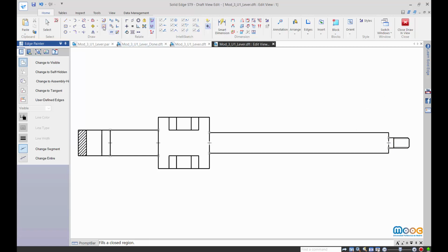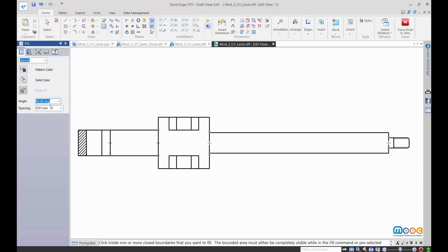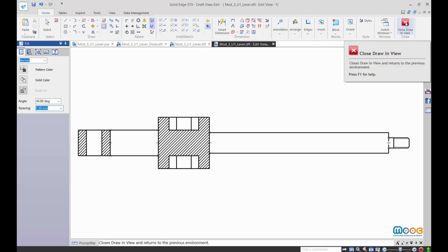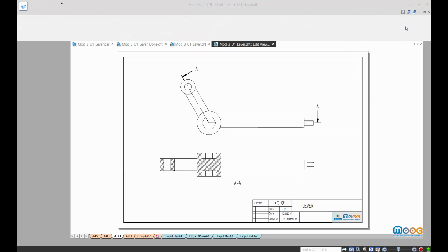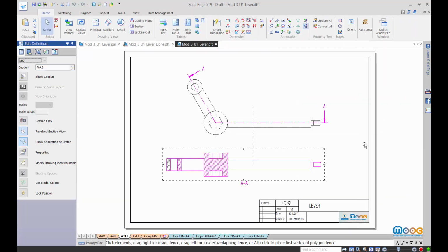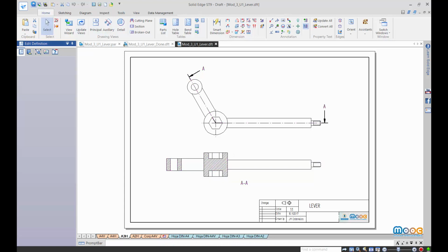Now we make a hatch pattern with 1.5 mm of spacing in this zone, and in the other. Well, we have obtained the draw in view, and the next step is to save the file